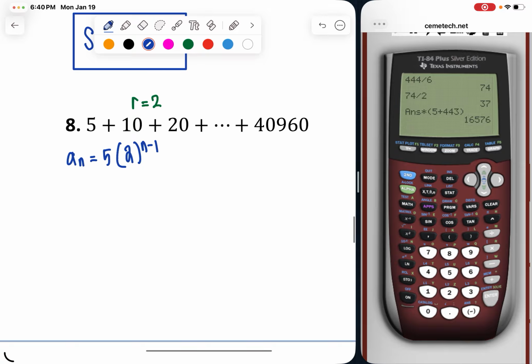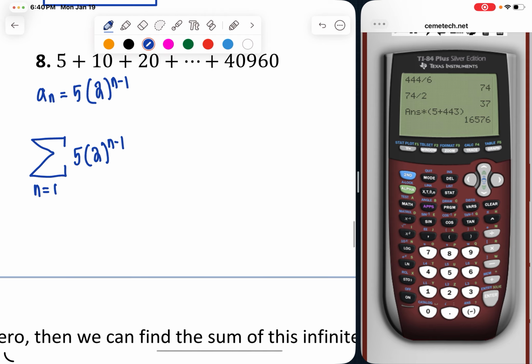And now I'm going to write it in sigma notation. You don't have to, but I just like to. When I plug in 1, I'll get my 5. But then what do I plug in to get 40,960? In my rule, 5 times 2 to the n minus 1. Okay, so let's figure that out off to the side. 5 times 2 to the n minus 1 is equal to